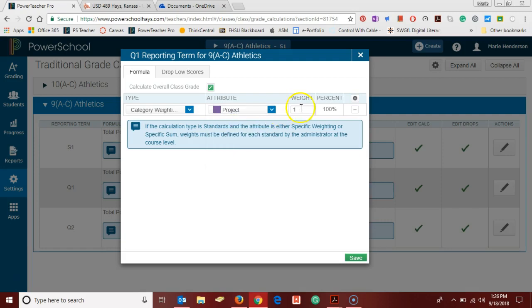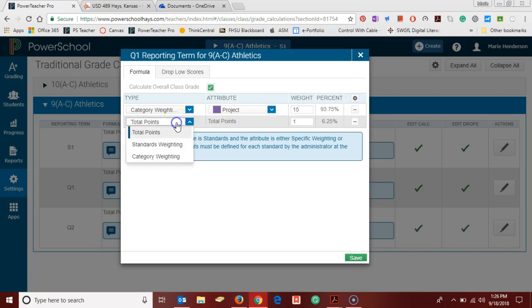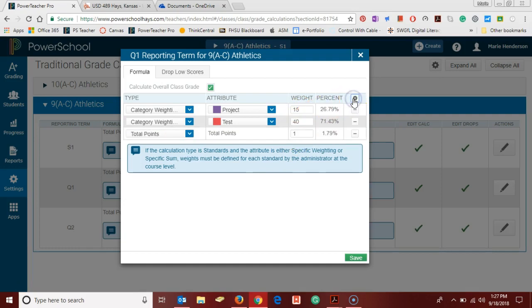So maybe projects in my class, as per my syllabus, are worth 15%, and then I need another attribute, so I again select category weighting, having clicked the plus sign right here next to percent. And so then tests in this class are worth 40%, so now I have a total of 55%, and then I will add an additional category, and quizzes, of course if you wanted to pick the other one next you could. Quizzes in this class are also going to be worth 15%,